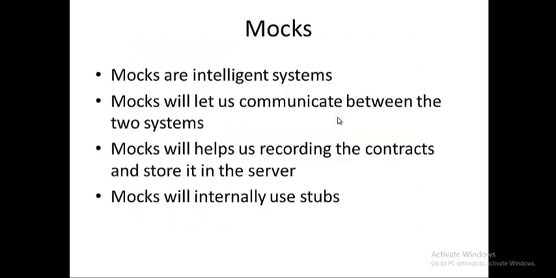If the marks are below 60 it gives grade B, something like that, based upon the rules that we incorporate. And the next type is mock. Mocks are a little more intelligent than stubs. Mocks can do recording as well. Why do we need to record the call? Stubs are nothing but single API testing. Say, for example, in my application I have 10 APIs: one to get the number of users, one to get a specific user, one to create a user, one to delete a user, one to update a user, and so on. I have some 10 endpoints, say. A stub is nothing but testing a specific endpoint and how each endpoint behaves.